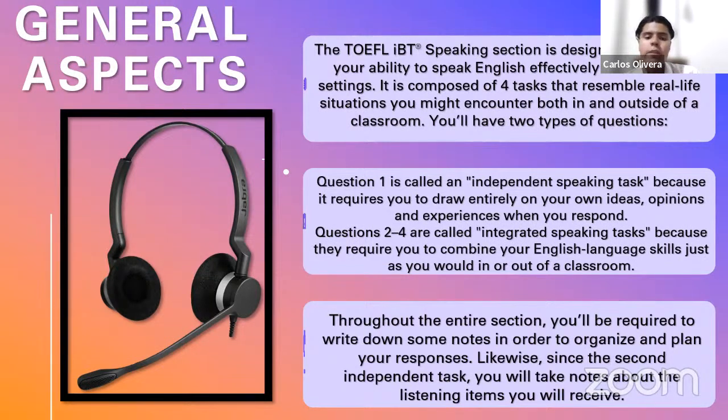So, focusing a little bit more on our topic, the speaking section is composed of 4 different questions you will have to respond to, okay? That is something very general you need to know, that in the speaking section, which lasts for 20 minutes, you will have to respond to merely 4 questions, okay? And although we have 4 questions, we merely have 2 types of questions in the speaking section. The first type of question is called independent question. That is just part of the first task or question of the speaking section.